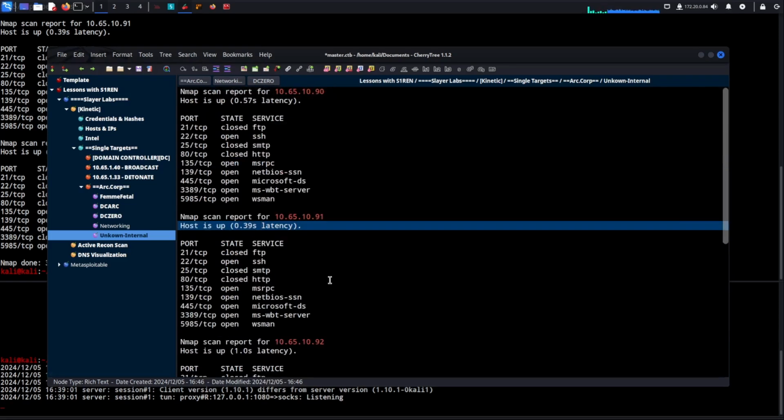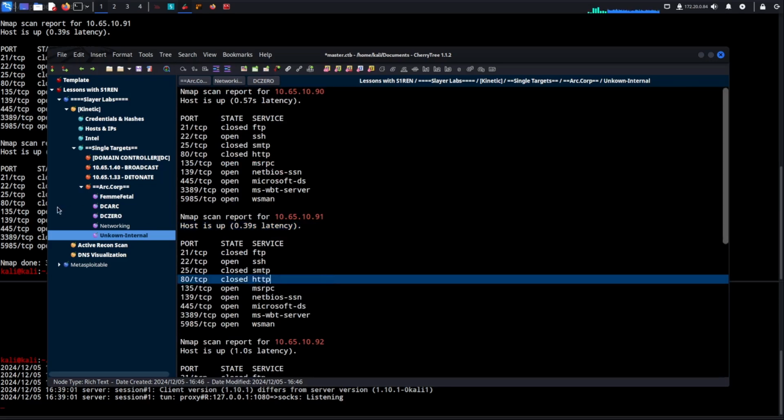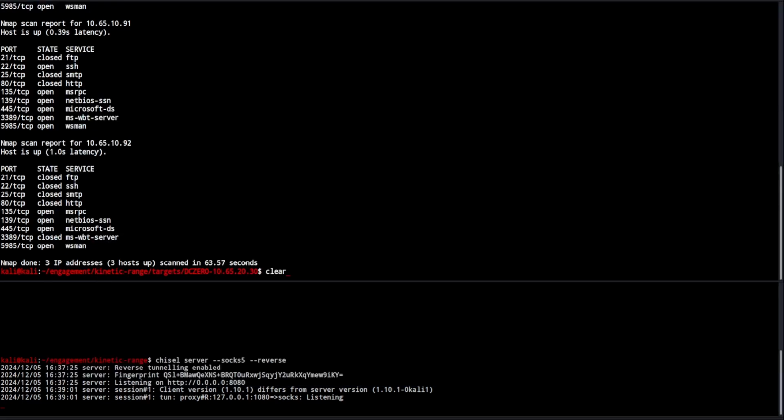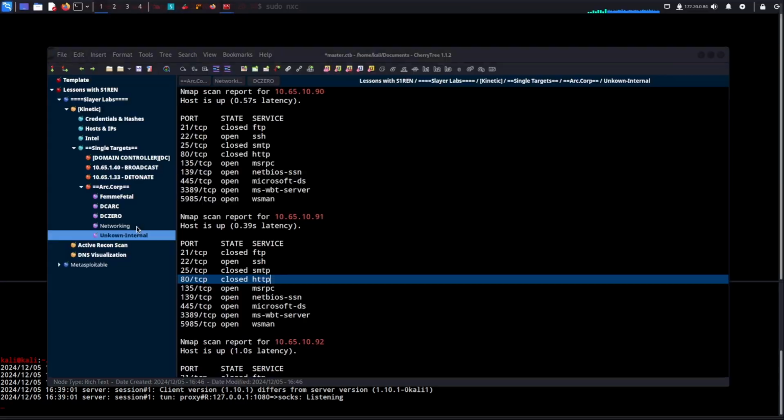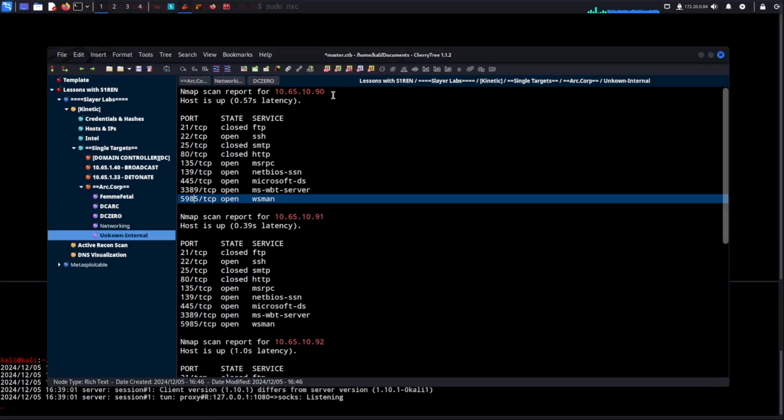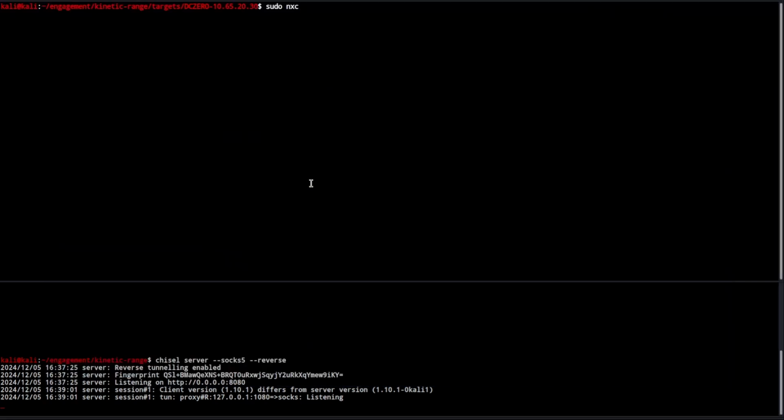You might have guessed correctly, we can NetExec with Proxychains as well. So we can sudo nxc. Oh yes. Which one of these machines had 5985? In fact, all three of them had 5985 open. What if we sudo nxc, and we specify